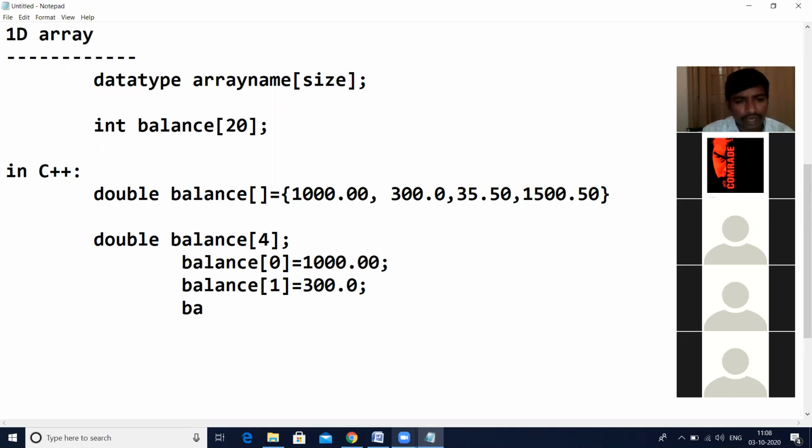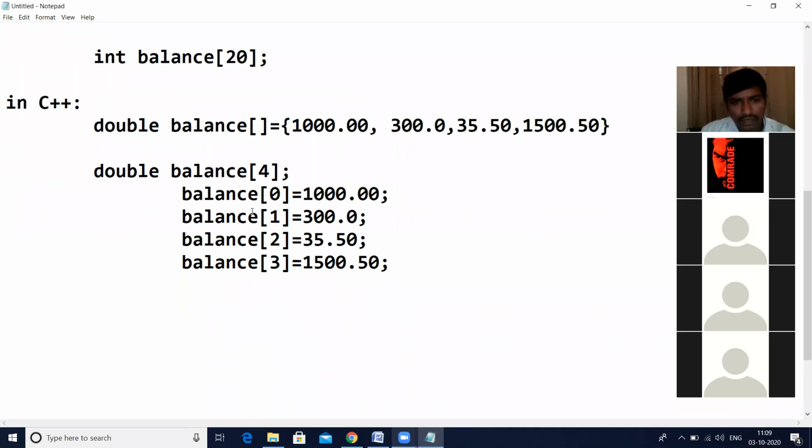Okay, then next balance, the second index element is equal to 35.50. Then next balance, the third index element is 1500.50. Like this we can initialize the elements in the array. Okay, this is a one-dimensional array. A one-dimensional array will be initialized like this.